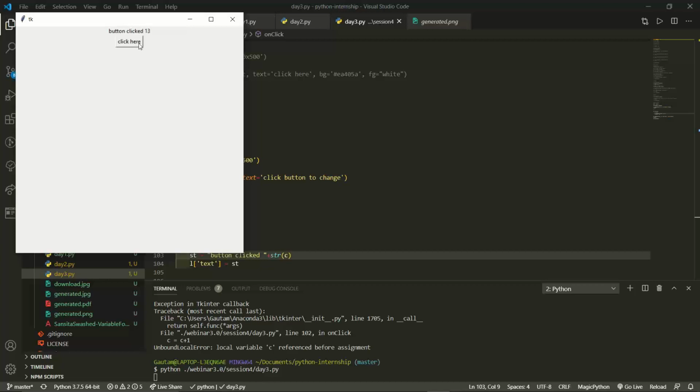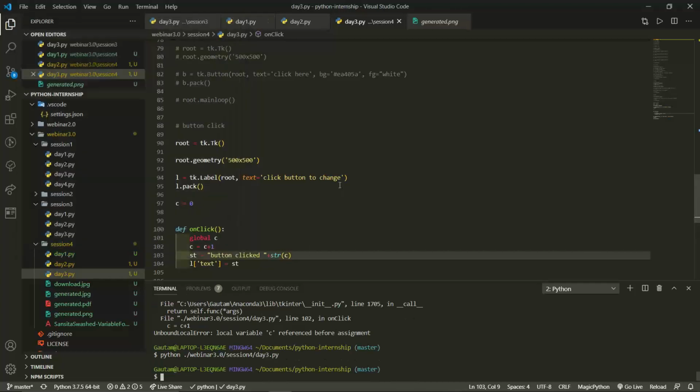So 1, 2, 3, 4, 5, 6, n number of times whenever you click, you will get the values as per your choice. This is the simplest way I could make you understand how to make a function on button click. It could be anything: if you are going for a label, changing the background, or changing the foreground color, whatever you want to change, you can change it. Like if you want to make the foreground color blue,